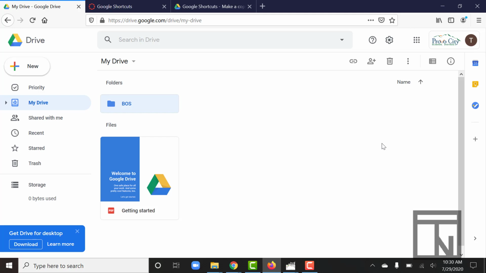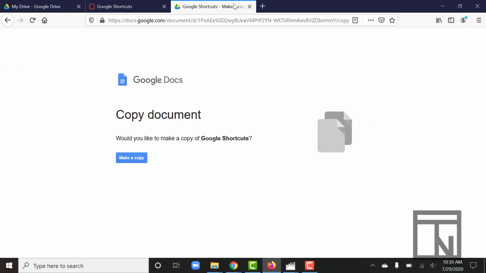When you click on a copy link, you're going to be taken to a page that looks something like this, inviting you to make a copy of that shared document in your own Google Drive so that you can edit it as your own. So we're going to click on the Make a Copy link,